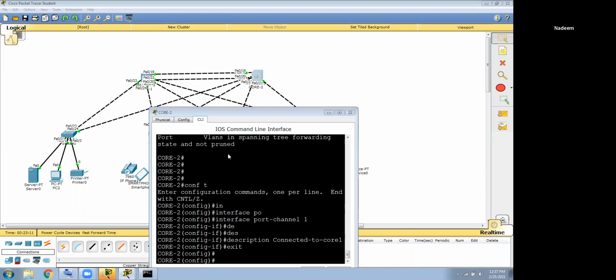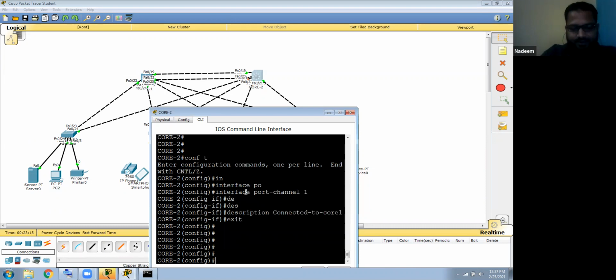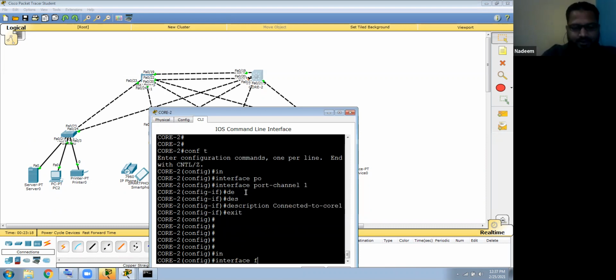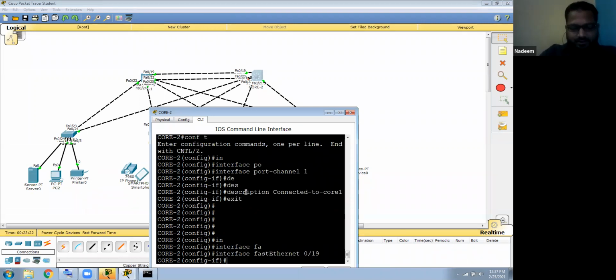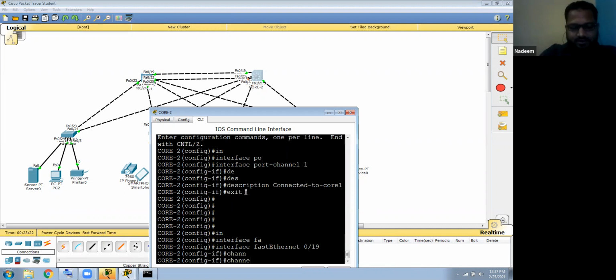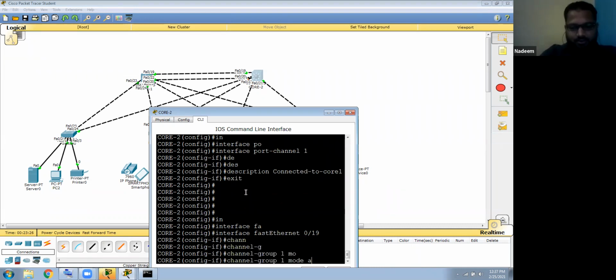Then this is done. Then what next is, okay, you need to assign the interface into the bundling. First is 0/19. Okay, then say channel-group 1 mode auto.